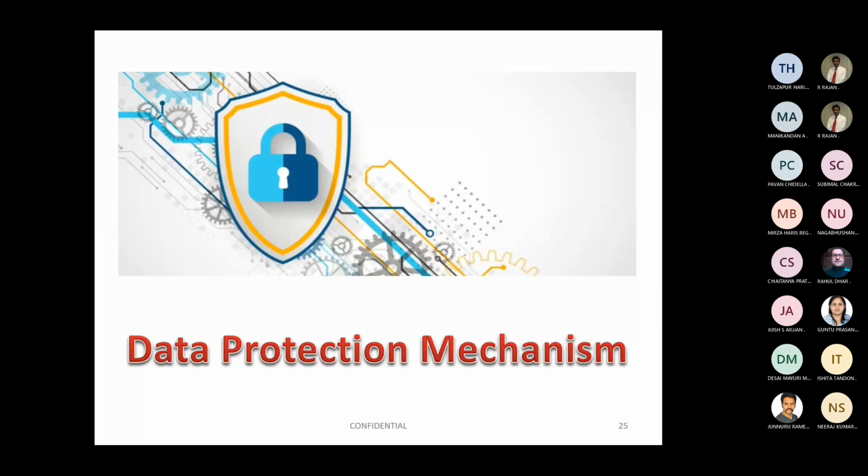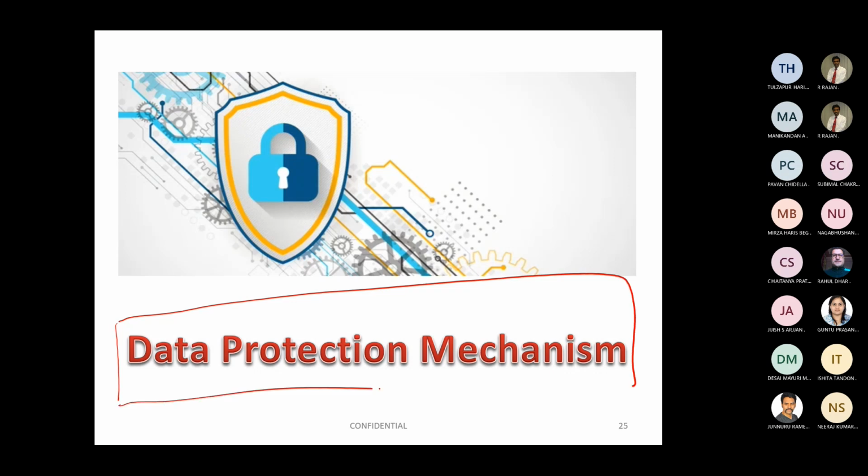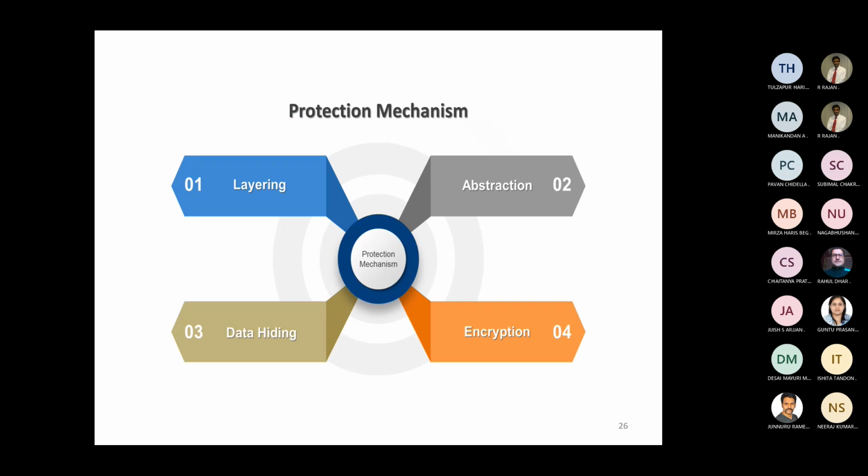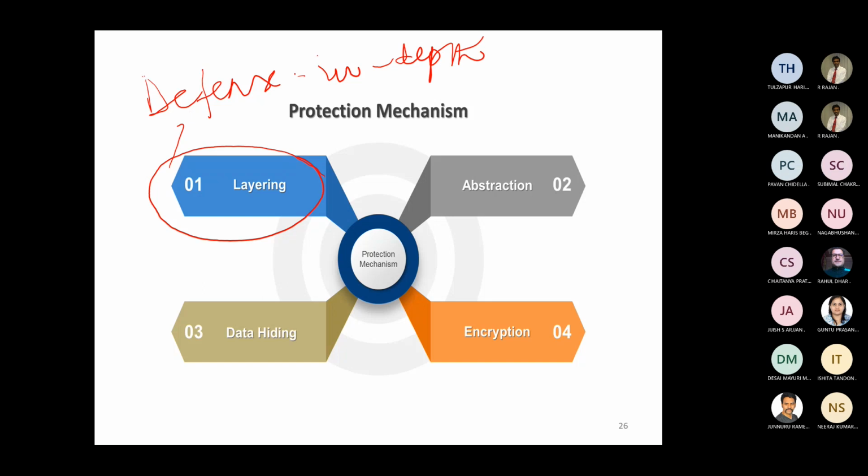Okay. Then the second fundamental principle, the second phase, is called data protection mechanism. Now, what are the various philosophies that are available for protecting the data? This is at the highest level. A data protection mechanism could be categorized into 4 different layers or phases. The first phase is you got to look at layering. The layering is called defense in depth. The principle is called defense in depth. That's the first principle that you got to look at to design information security.